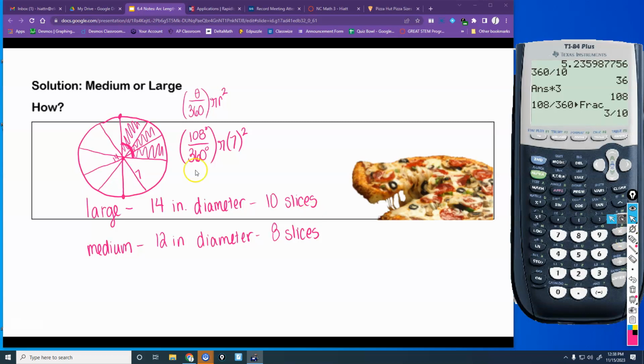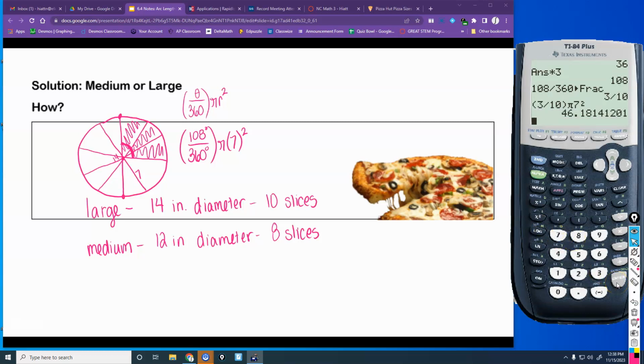So you really could do 3 out of 10 right here instead of doing angles for this, because you know what fraction of the pizza you are eating. So if we do 3 divided by 10, or 108 divided by 360, doesn't matter, they're the same, times pi 7 squared, we are going